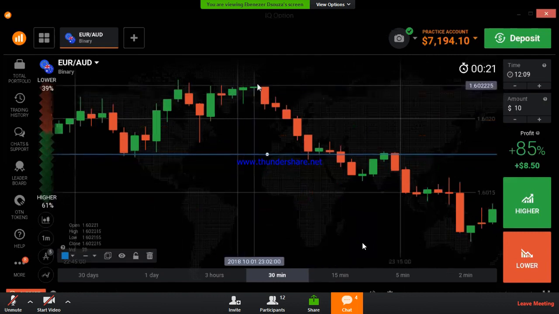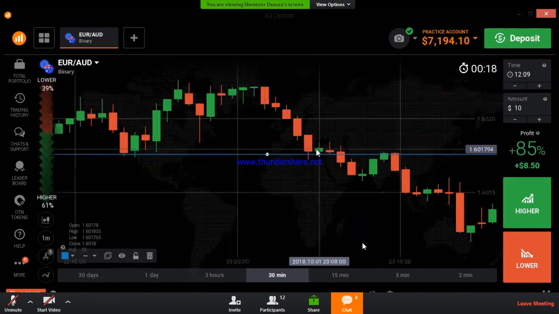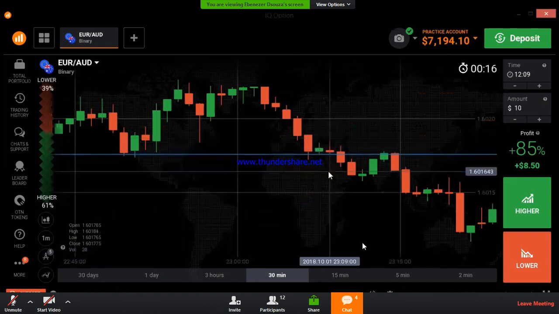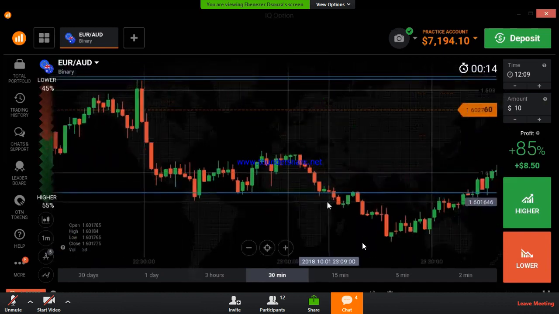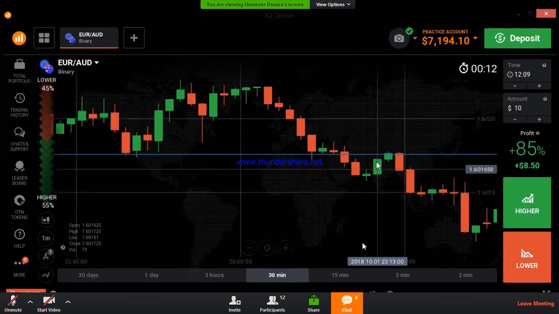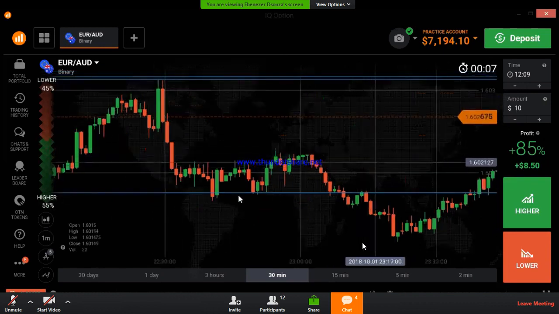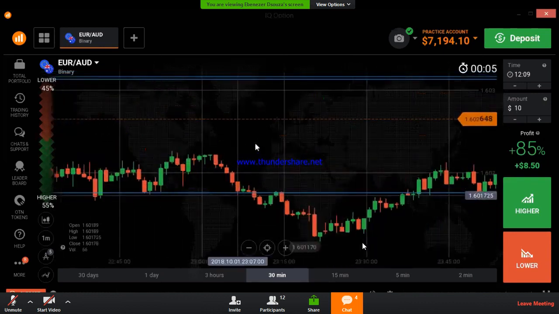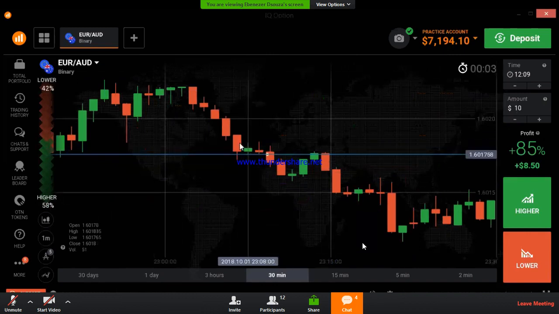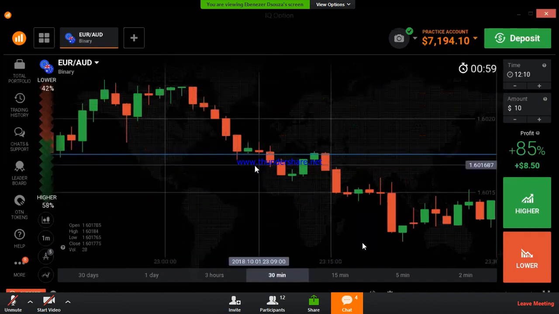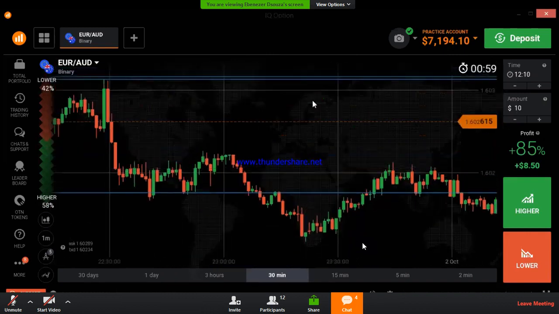This single candle can't stop this force. This is very strong bullish force, bullish movement. This single candle can't stop this force. If this candle closes like this, a strong candle, it means it may go up. There is a chance to go up, but this is a very small, weak candle, and this is strong bearish movement. Just wait.